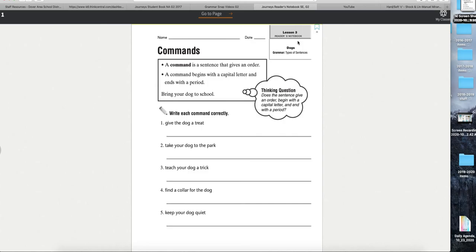Great, Mackenzie. Thank you so much. Thank you, Yanessa. Yanessa's got the right idea. She just flips her iPad around, like flips the camera part around. That's awesome. She doesn't hold up the book. She just goes bloop, bloop, flips the camera around. That's pretty cool. Teach your dog a trick.